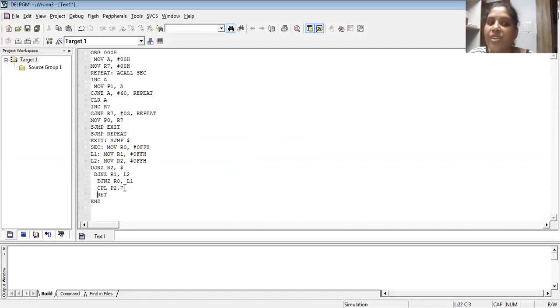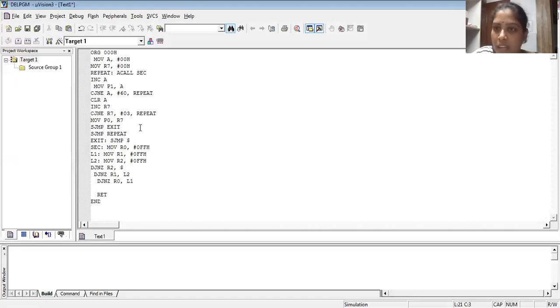As I mentioned, this complement port 2.7 instruction can be retained, or else you can even remove it, or you can replace it with a NOP instruction. NOP is a 1 byte instruction, which will add a little bit more delay to your subprogram. That's it. If you remove it also, it doesn't matter. Approximately a few milliseconds will vary. So you can just remove that instruction. After that, now my program is ready.